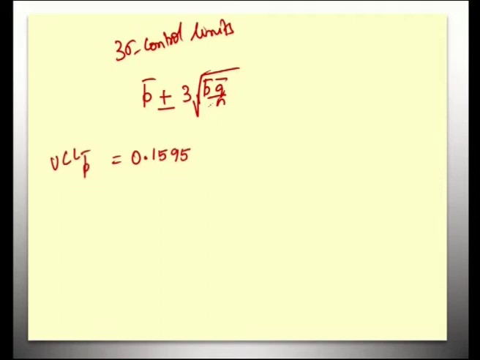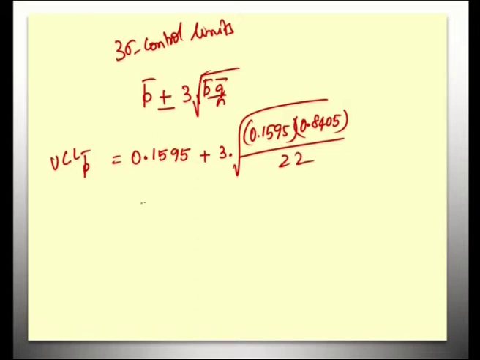Accordingly, UCL of P is the plus value and LCL of P is the minus value, isn't it? P bar plus 3 into root of P bar Q bar by n. So, 0.1595 plus 3 into root of 0.1595 into 0.8405 divided by 22,